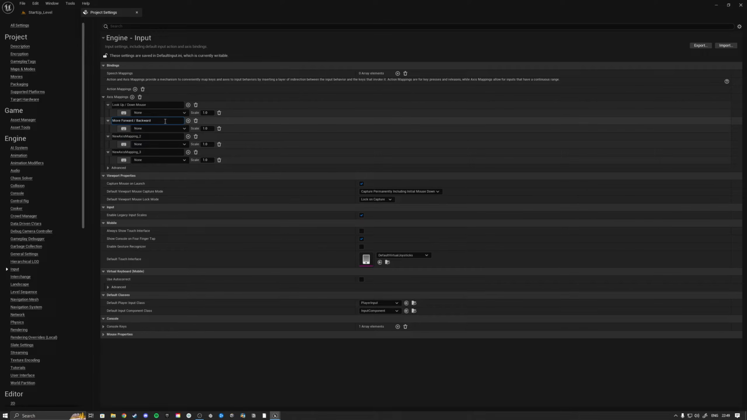Next, we're going to have move forward and backwards. Then we're going to have move left and right. And then we're going to have turn left and right for the mouse. So now that we've got the names in here, then this one over here, so up and down, we will